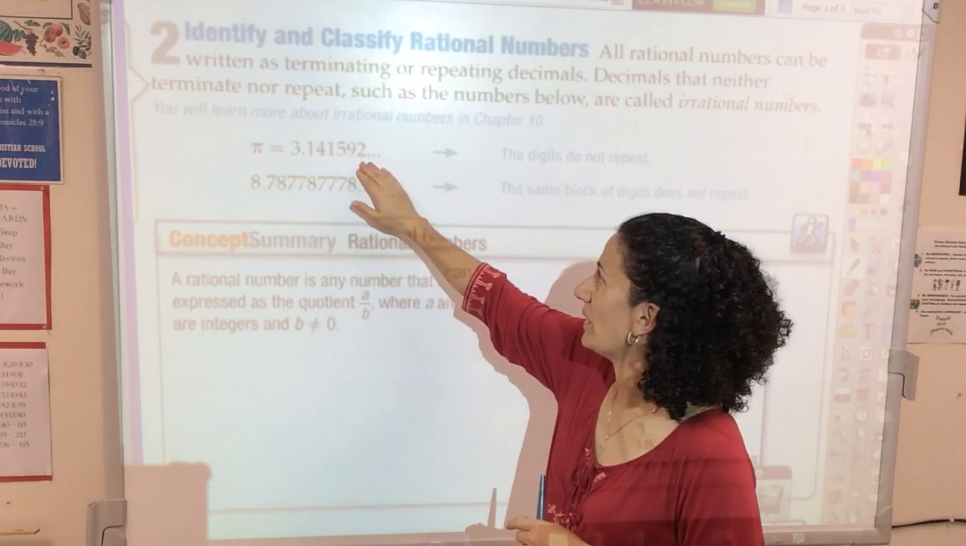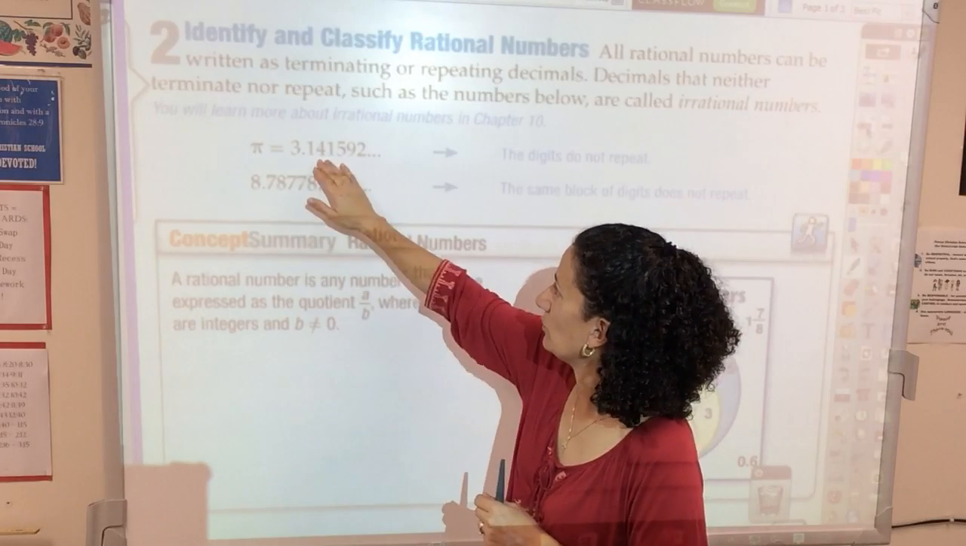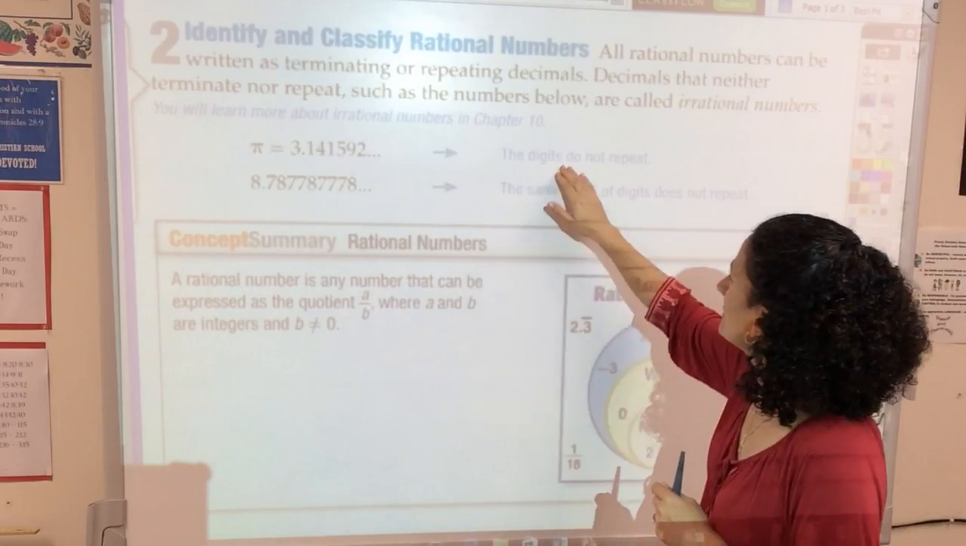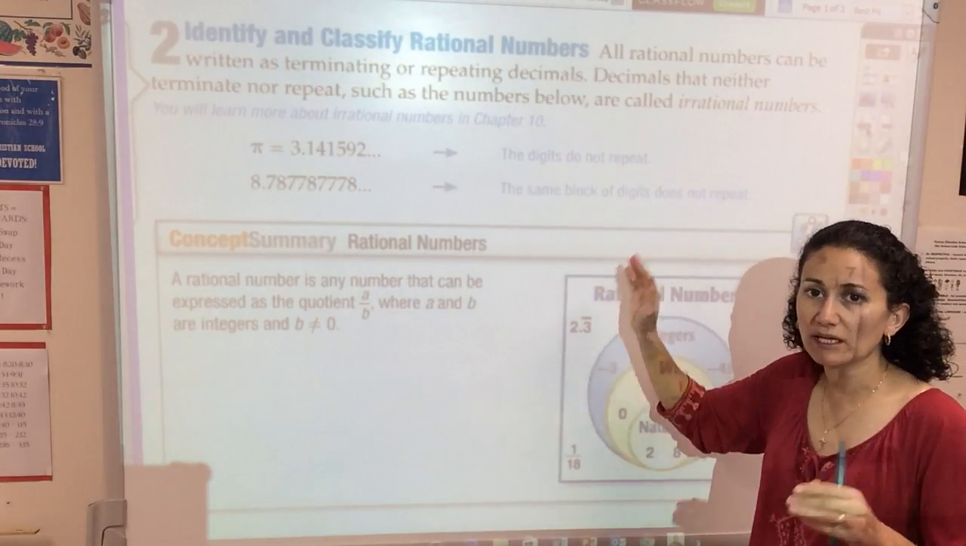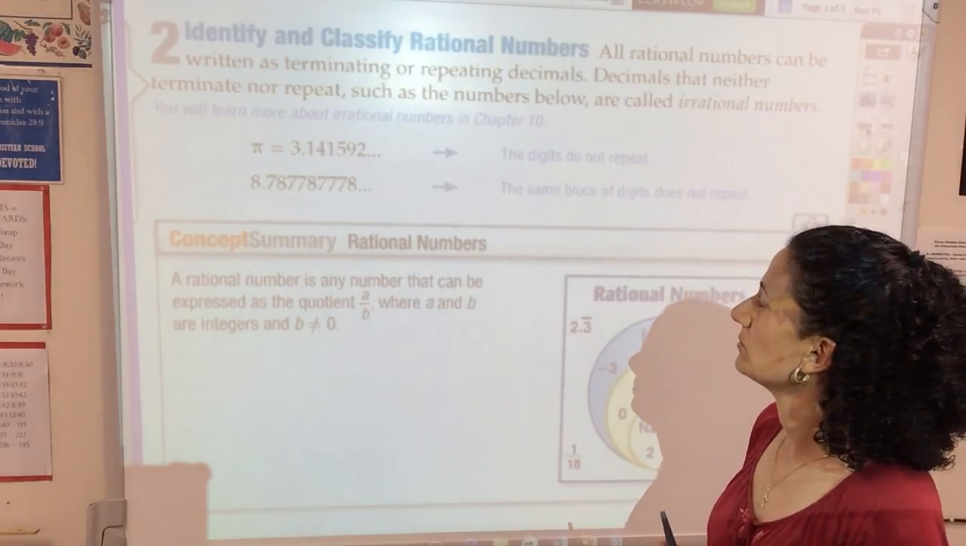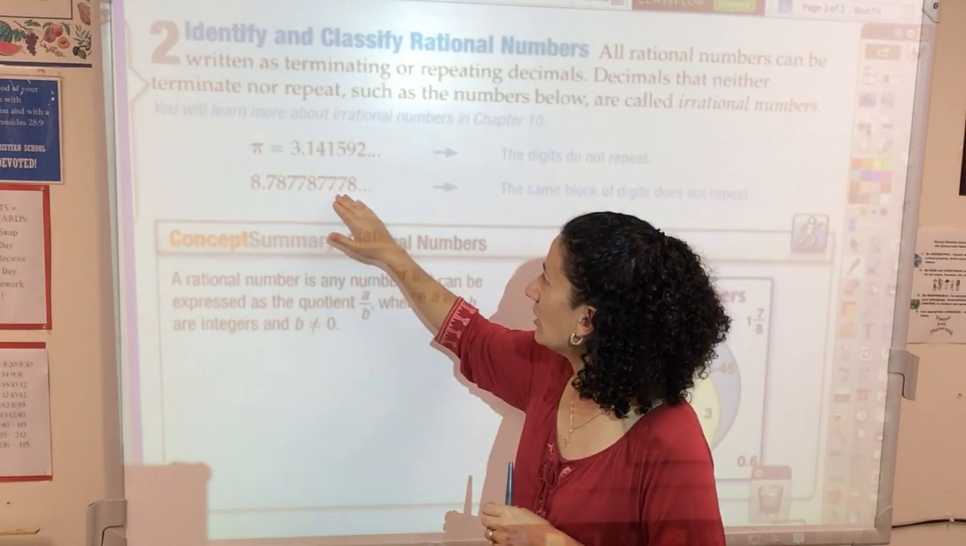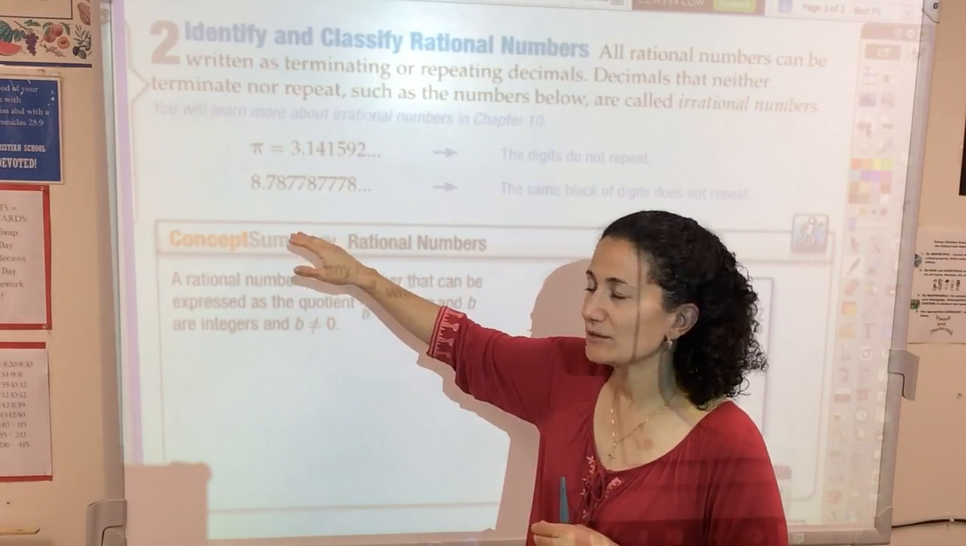This is just part of pi, a very small part of pi, 3.141592. The digits do not repeat and they do not end. It's called an irrational number. You may look at this and say, oh yeah, I see a pattern. There is a pattern. Look,